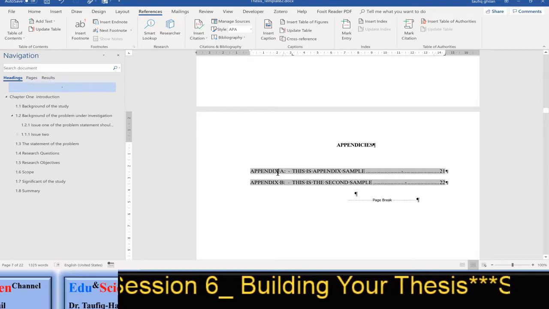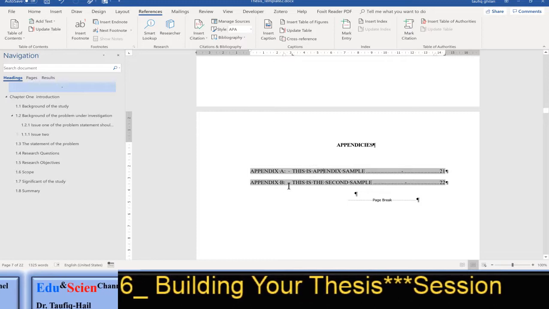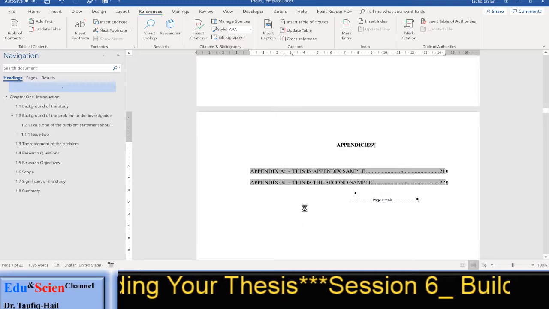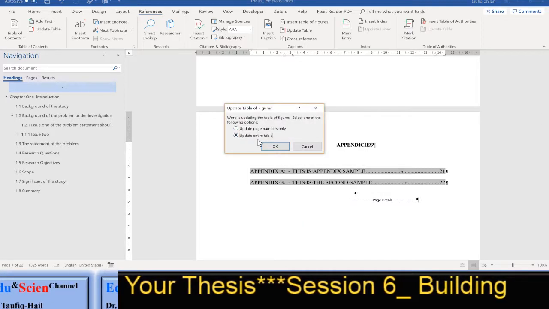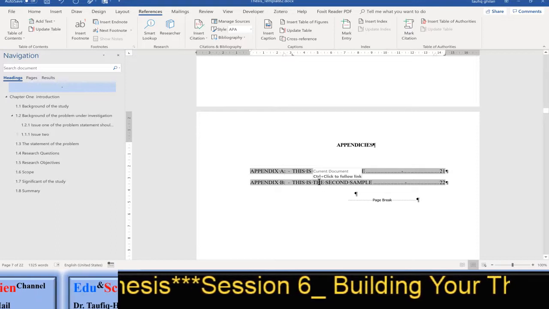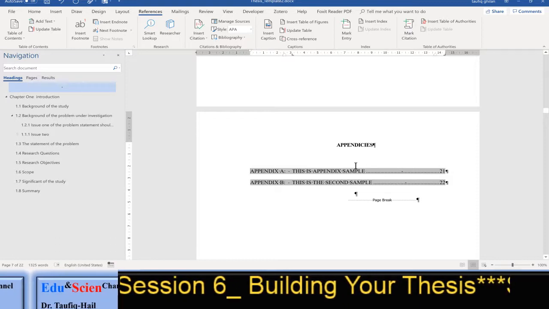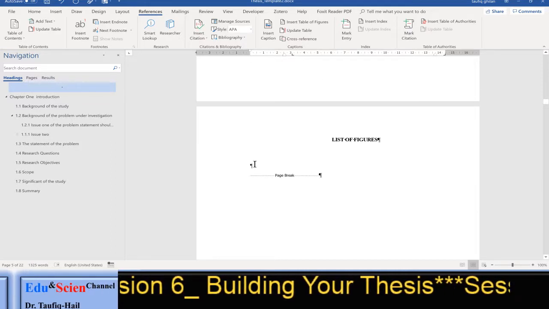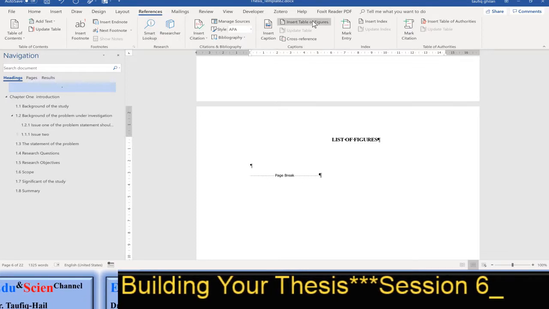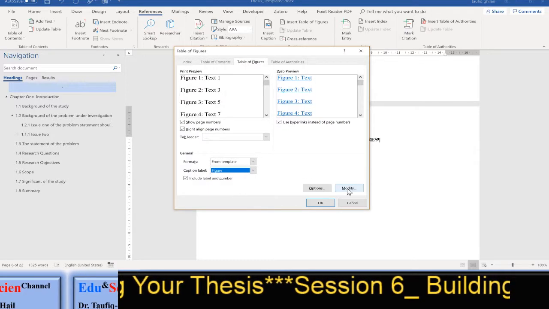So I have the list of appendices here. They are ready. And if we add any appendix like B, C, D, and then right click, update field, and just update the entire table, just click OK, we will have the updated version with the page number. So this is how to do it, and also the list of figures. You just click here, and then we go to references, insert table of figures, then we select the figures, modify